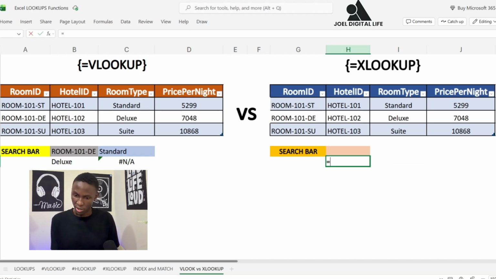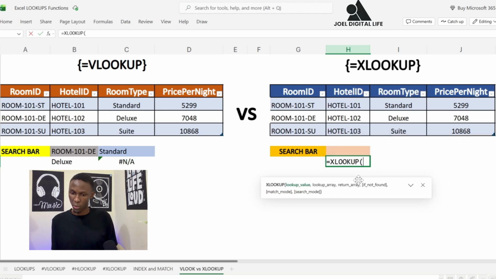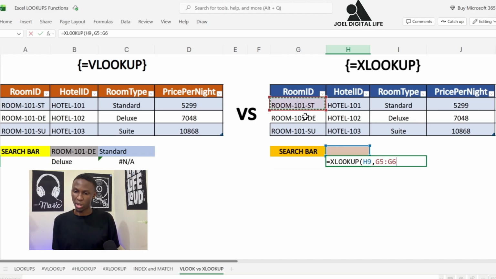So we shall start by equal sign XLOOKUP. Okay, now it will ask for the lookup value, which will be in our search cell, which is H9. So I click H9, then I put a comma, then the lookup array. Now we cannot select the entire table. Why? Because XLOOKUP doesn't look through the entire table. So the lookup array will be in our room ID, since we're searching with the room ID. So I will highlight my entire room ID,